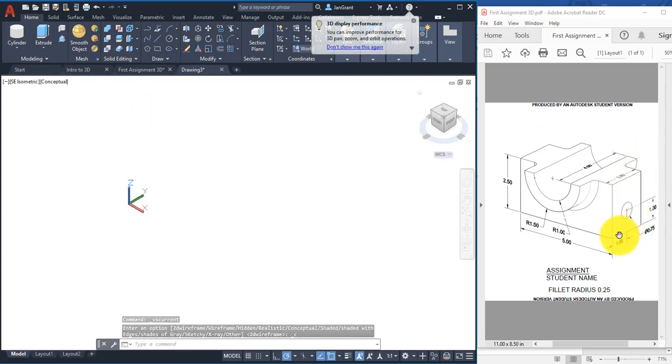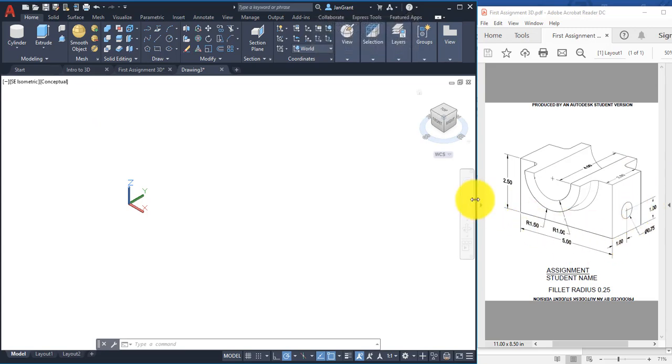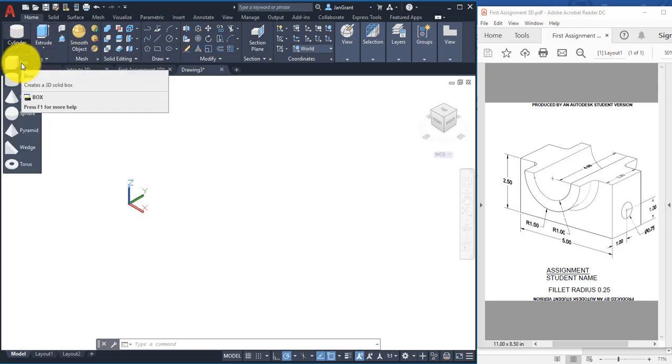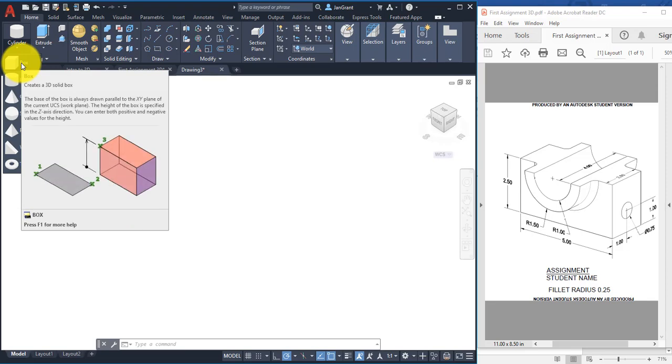We have in our assignment a box that looks like it's 5 inches by 5 by 2. So you know from the last assignment or the introduction that we could draw a 5 by 2 rectangle and use press pull to extrude that solid up 2.5. But instead, I'd like to show you another tool. Let's draw a box. Instead of creating a 2D shape and then press pulling it up,